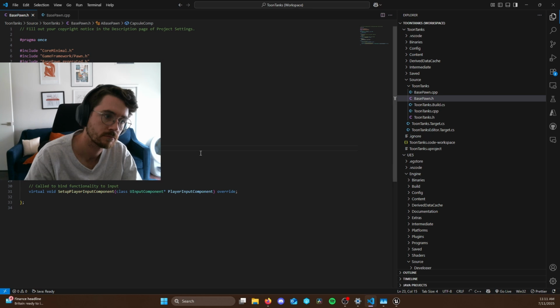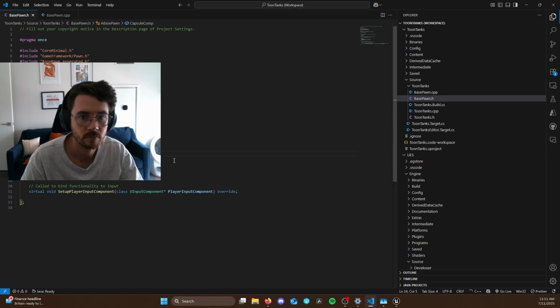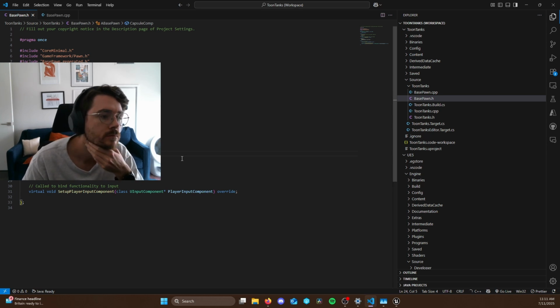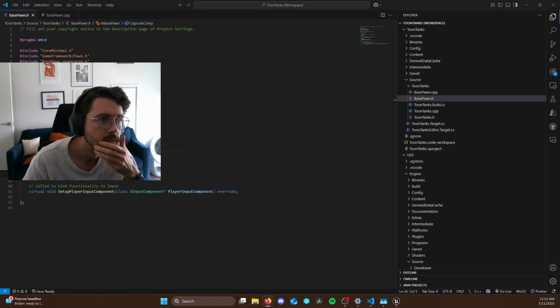So we have this capsule component, and because we're using the uCapsuleComponent type, we need to let the compiler know about this type. It doesn't know by default what a capsule component is. Now normally, to tell the compiler what a capsule component is, we would include a header file up here at the top with our include directives. If we go to the Unreal Engine documentation and search for uCapsuleComponent, we can see right here